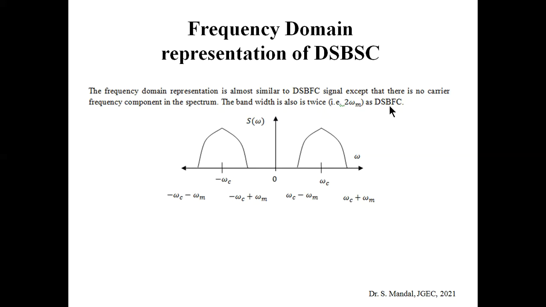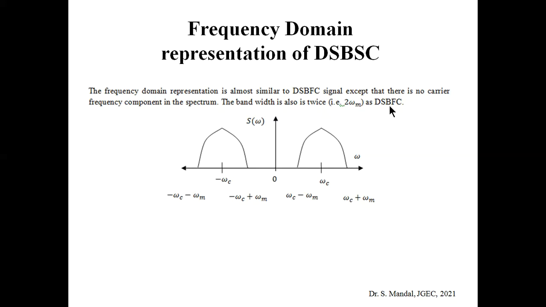So now the question arises, why do we need to analyze this, why observe the frequency domain analysis or spectrum of the DSBFC or DSBSC? By observing the spectrum of the corresponding modulated wave, we can easily find out what different frequency components remain in the corresponding signal, and what the bandwidth requirement is. You can easily calculate the bandwidth requirement for any signal by observing its spectrum.